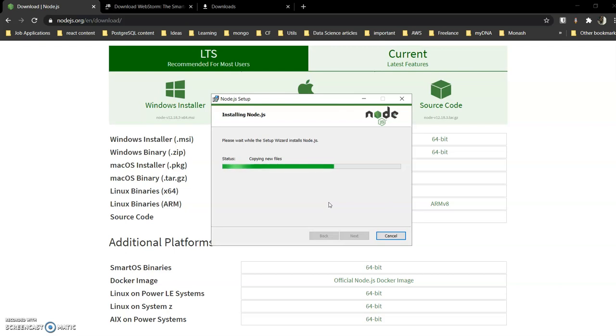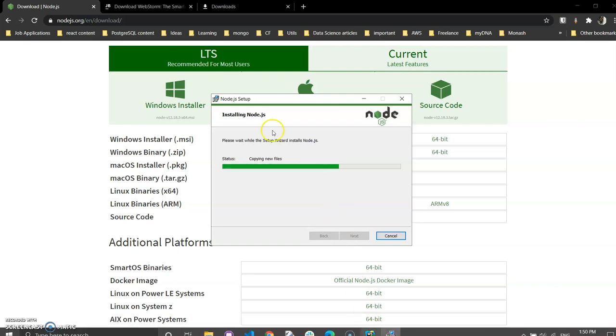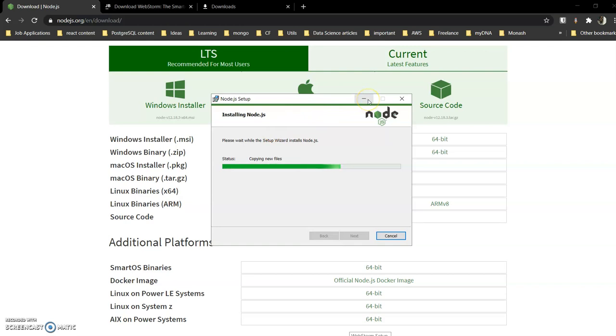So we will wait until our Node and WebStorm installation finishes.